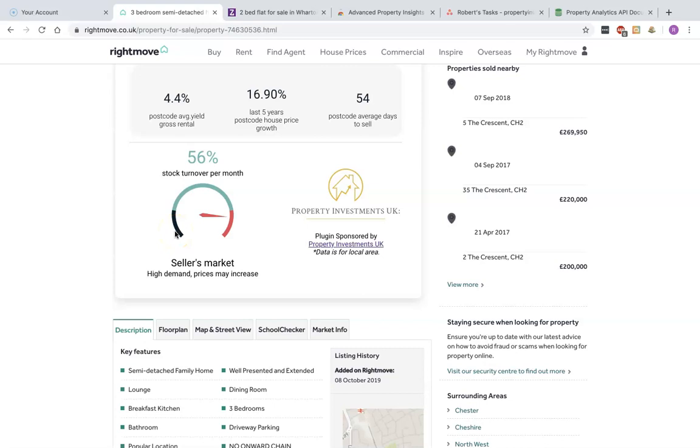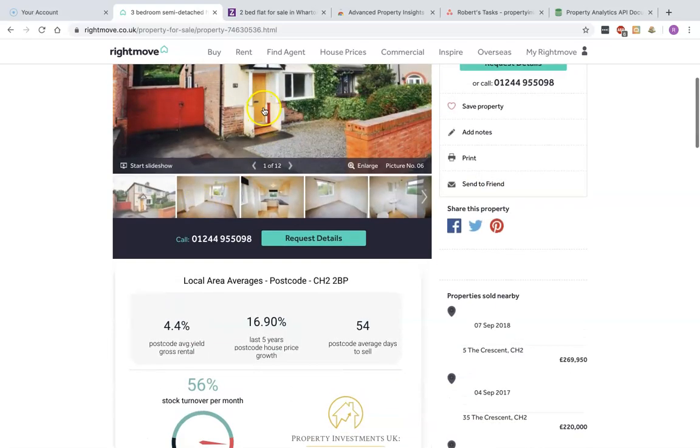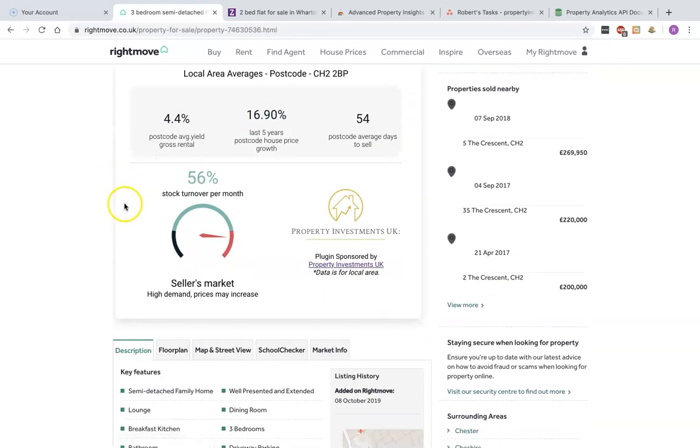Now, none of these things are a given. This is looking at data and a snapshot of time for that postcode. It's not specific to this exact property, and it's not predictive of future success, let's say. So it's well worth taking into account other data sets. It's well worth taking into account other property types and considering the range. But hopefully it gives you a starting point. It gives you some comparison data, easily seen within the snapshot